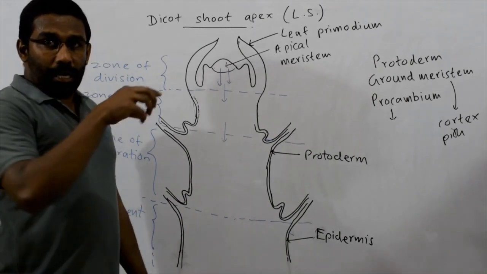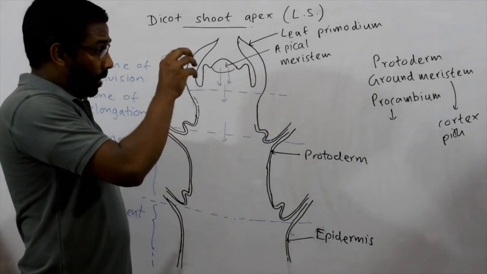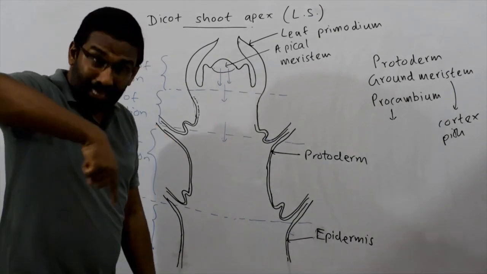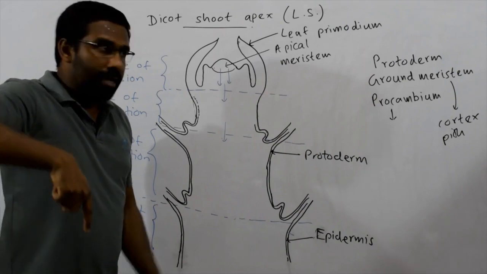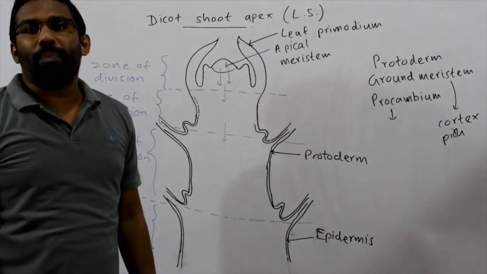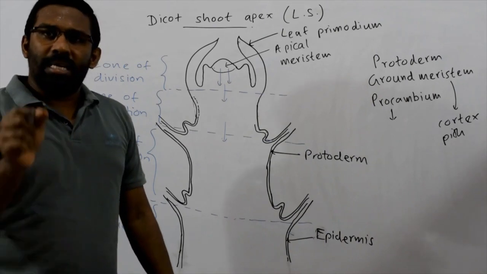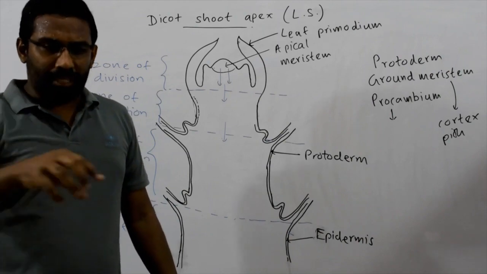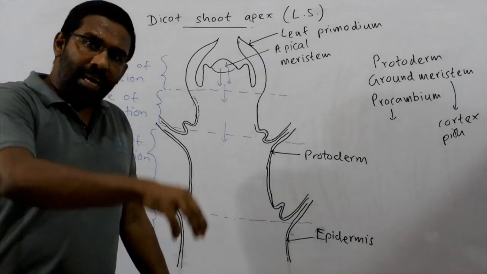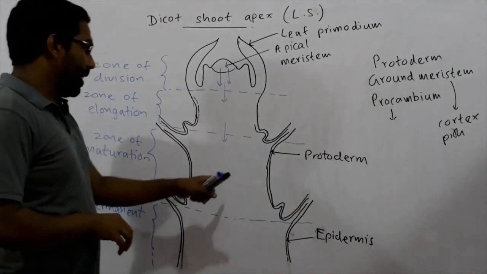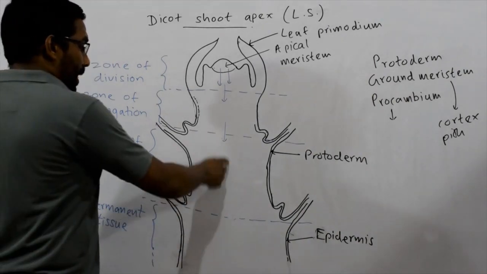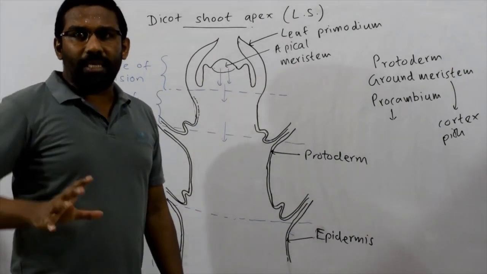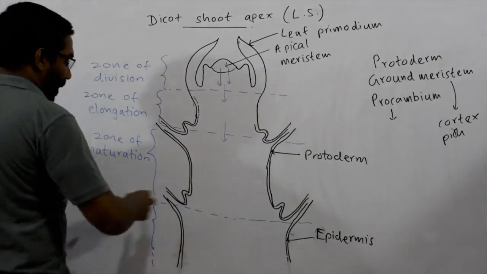So, can only a single procambial strand be present? It can't. Since there are several vascular bundles arranged as a ring, several procambial strands should also be present. In other words, each vascular bundle is produced from a separate procambial strand. Since several vascular bundles are arranged as a ring, likewise several procambial strands should be arranged as a ring in this zone of maturation. But in a longitudinal section, we can't indicate all the procambial strands arranged as a ring. Therefore, we will indicate some procambial strands like this.